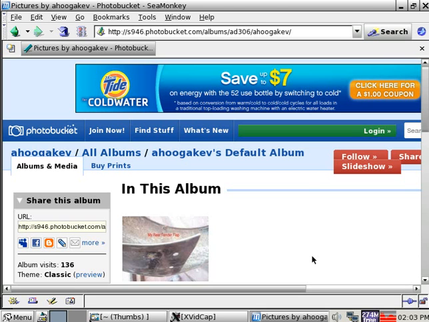Now if you send this to somebody else, what they would see is they can click on the words at the top, ahoogakev, all albums, and ahoogakev default album. And right now we're in the default album, which I'm going to delete because I don't like the name of that very much. But if you want to change, then you click on these ones at the top. So if we click on ahoogakev,